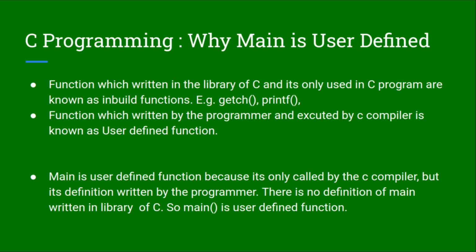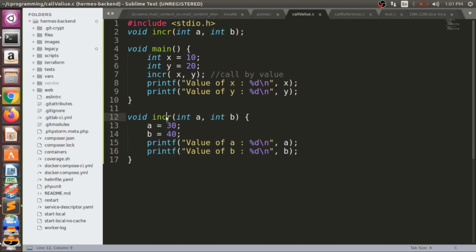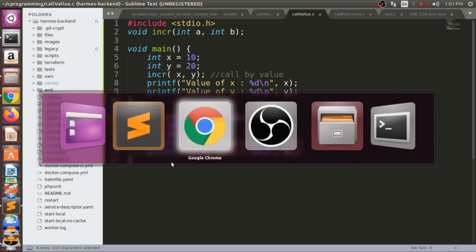For example, in the previous example of call by value and call by reference, we wrote this increment function. These functions which we write in a program, where both declaration and definition are written in our code, in simple words, the whole function body written by the programmer, are known as user defined functions.